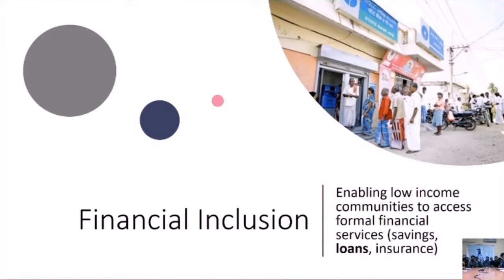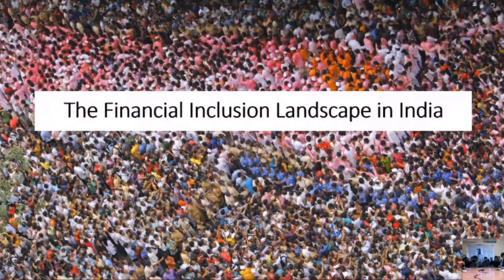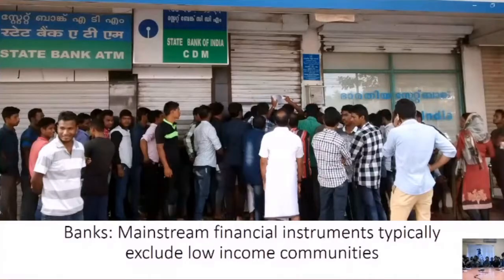So in India, first of all, before I talk about what we've actually built, I want to talk about the general financial inclusion problem. In India, there are a number of financial institutions which serve low-income populations. We have banks, we have microfinance institutes, but nonetheless, hundreds of millions of people are not able to access formal credit. So let's take a look at why.